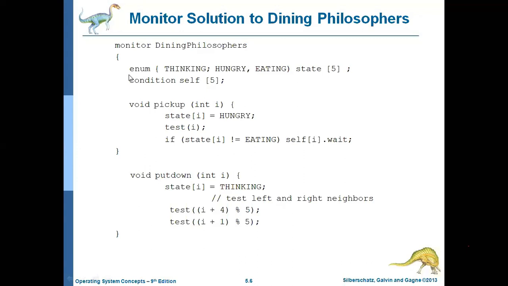Already in the previous slide we discussed the syntax of a monitor. So what does it say? Monitor, monitor name. What is in the monitor? The monitor name is dining philosopher. In that, these are the shared variables, and there are a number of procedures in that. Normally, dining philosopher has one procedure to pick up and one to put down. If a philosopher gets hungry, they will pick up the chopsticks.